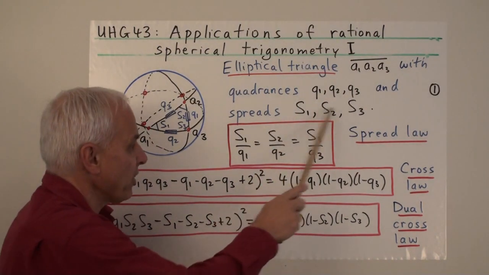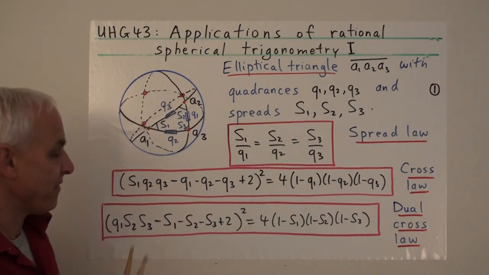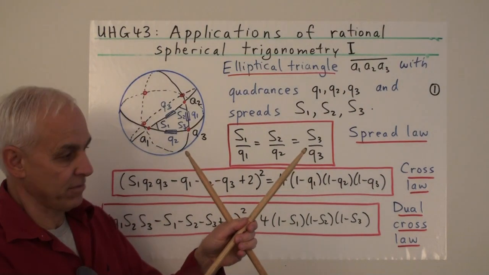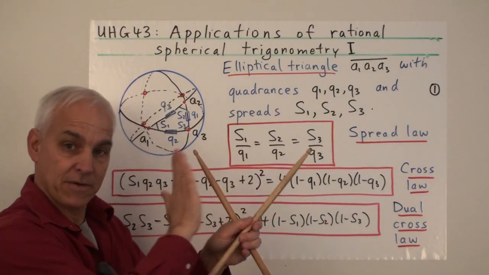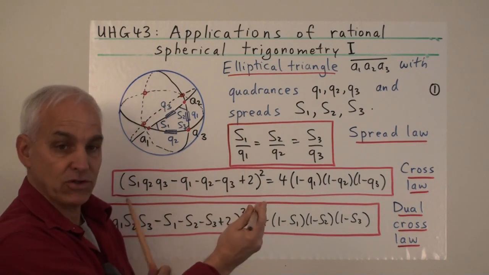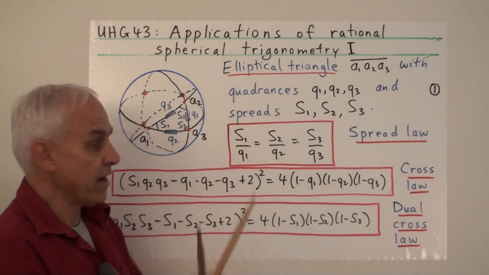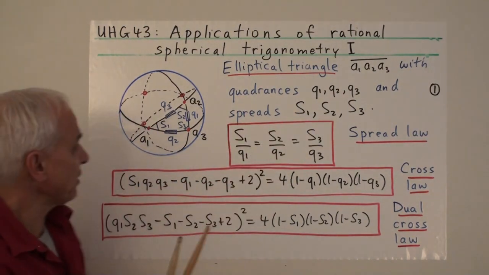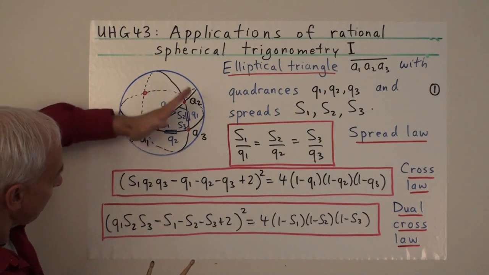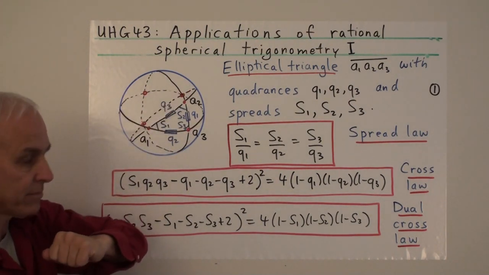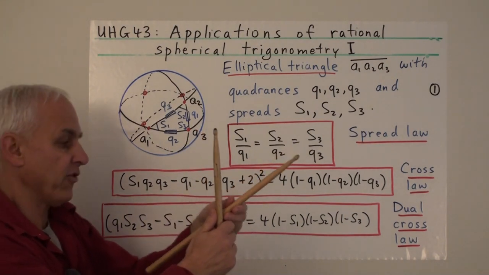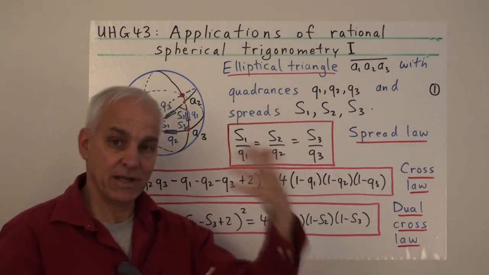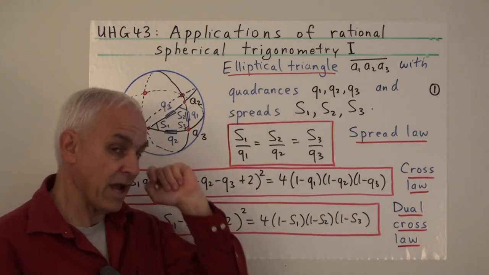Okay, so those are the quadrances, and what are the spreads? Well, the spreads are very much the same kinds of things. The 3 points that we have, these 3 lines through the origin, determine 3 planes. And those 3 planes have normal vectors, or normal lines. And so the spread here is just the same kind of projective quadrance between the normal to this plane and the normal to this plane. So it's really the same kind of formula that defines a projective quadrance that defines a projective spread. And since everything we're doing here is in this elliptic context, I'm not including the adjective projective everywhere.